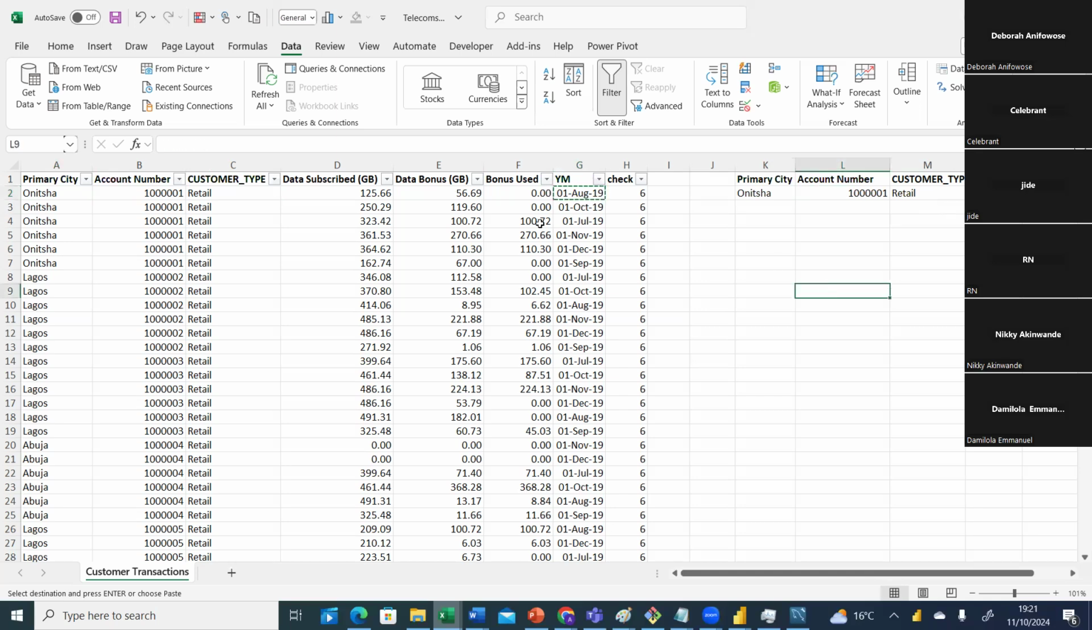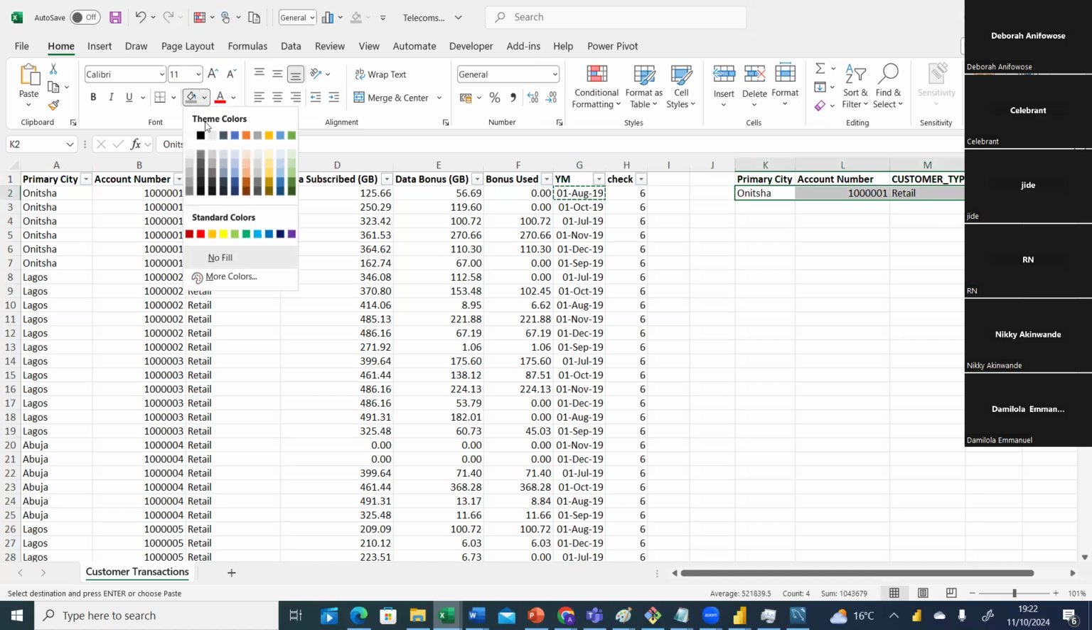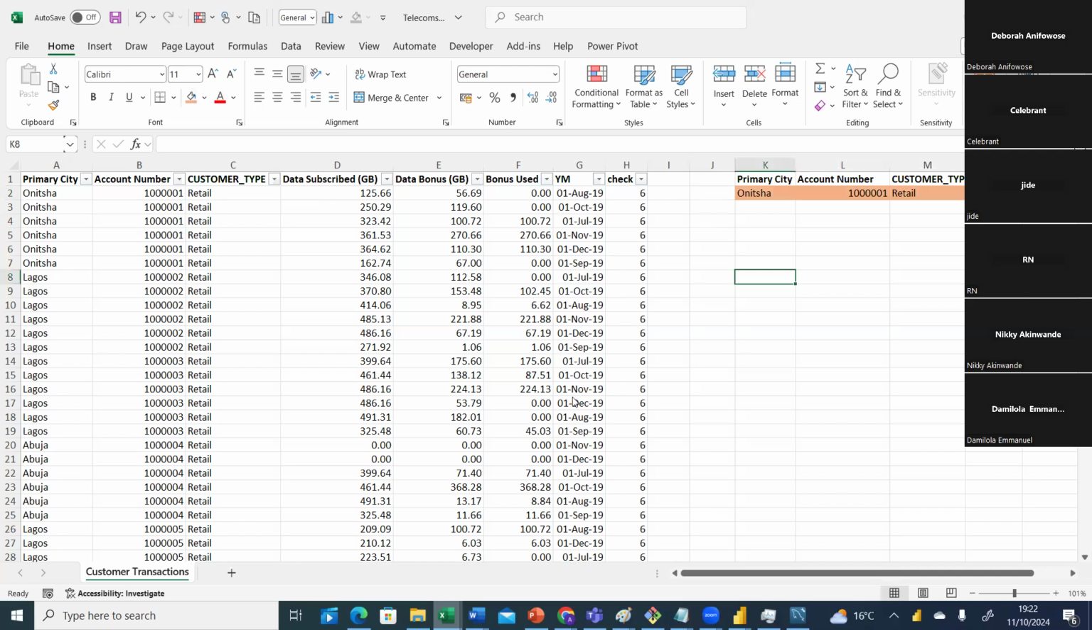Now, it will check this. Now, look at this first selection. Let me highlight it. Let me just paint it. Now, it's going to look everywhere here in this data, and look at wherever it finds this combination, Onitsha, 1001. I'm just abbreviating the account number, it's too long. Let me just call it 1001. Then retail and 1st of August 2019. It's going to check through the entire data set and look for where this combination occurs. So wherever it finds it,